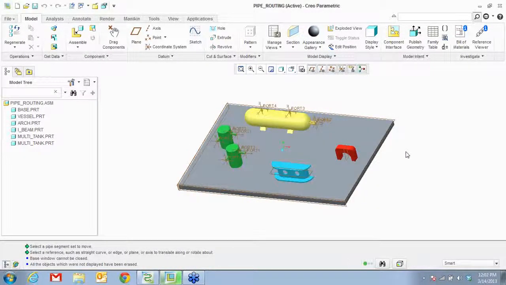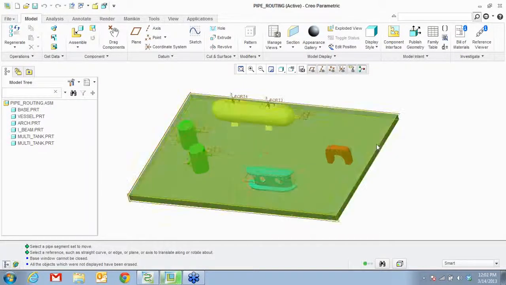Hi guys, this is Sukumar. I'm the engineering manager with Customer Driven Technology. Last webinar I did about piping and cabling extension was about automatic or schematic routing. So what if we don't want to use schematics, we want to route simple pipes? Like how do we do manual pipe routing? So that's what we're going to talk about in this section today. We will also talk about cabling extension and schematic cabling part of it.